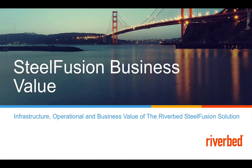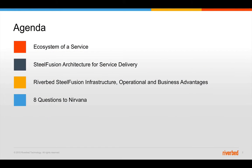Today we will discuss the value Riverbed SteelFusion brings to enterprises deploying ROBO sites with regards to infrastructure, operations, and business productivity. We will start by discussing the advantages of SteelFusion by looking at the ecosystem of an application. Look at how Riverbed SteelFusion architecture is a fundamental shift from all other ROBO solutions that provide unprecedented value. Go into the advantages of SteelFusion with regards to three key areas: infrastructure, operations, and business. And finish off with some thoughts on what ROBO salvation would look like, especially in today's increasingly distributed and data-centric